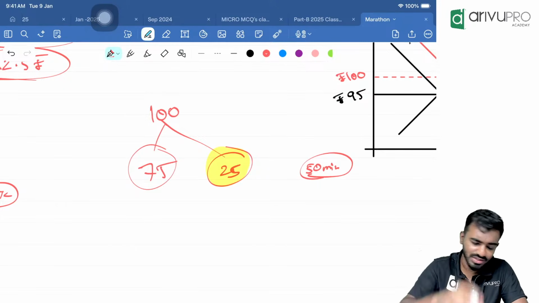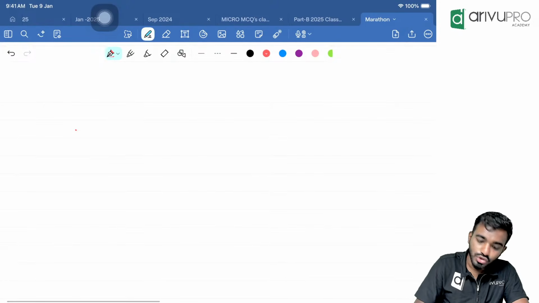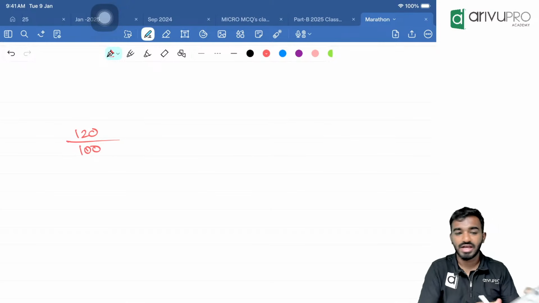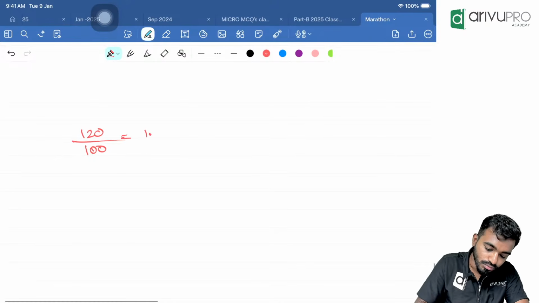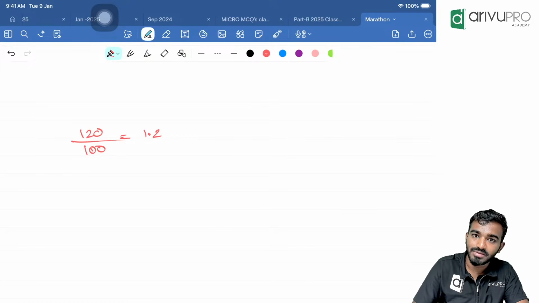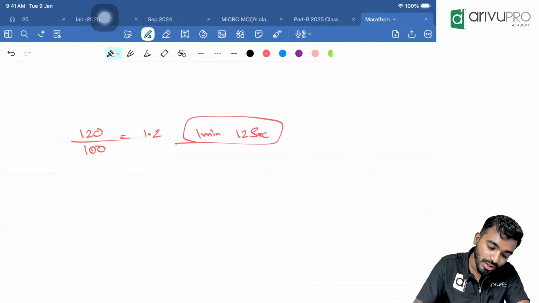If you are stuck in any question, see, practically understand, your exam is for 2 hours. So for 2 hours, 120 minutes, you have 100 questions. So divide it, take out calculator, have a look. Practically speaking, 120 minutes divided by 100. That means 1.2, that means 20% of 1 minute, that means 12 seconds. Technically speaking, 1 minute 12 seconds you have to solve one question to attend all 100